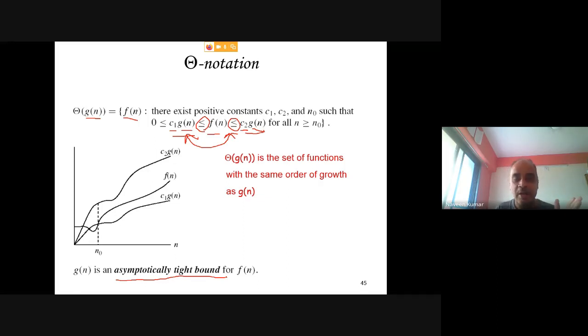In big O notation, it is loose from the lower side. In big omega, it is loose from the upper side. Here, it is tight from both of the sides. Right? So tight bound. Otherwise the definition is the same. The only difference is now we require three constants, C1, C2 and N0. And after N0, this must be correct. I hope you are getting it, right? So remember, it bounds from both of the sides, and tightly means less than or equal to, equal to will come. Greater than or equal to from the lower side and less than or equal to from the upper side, right? So I hope you are getting it.